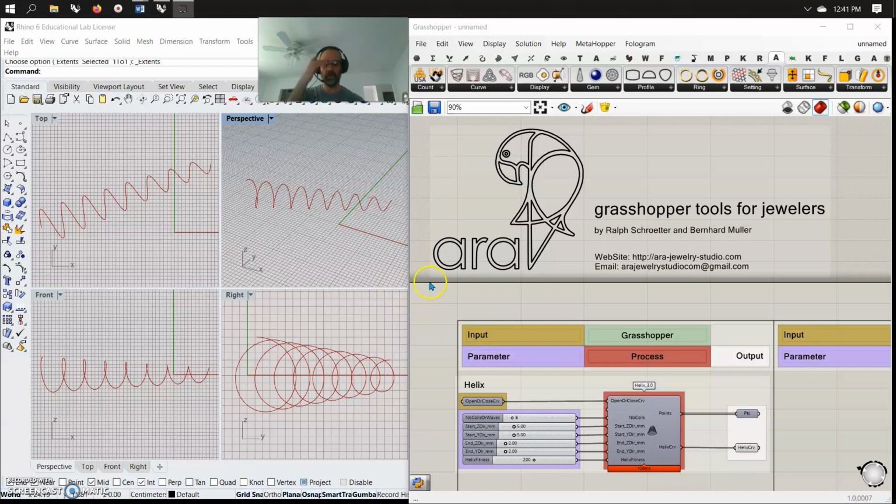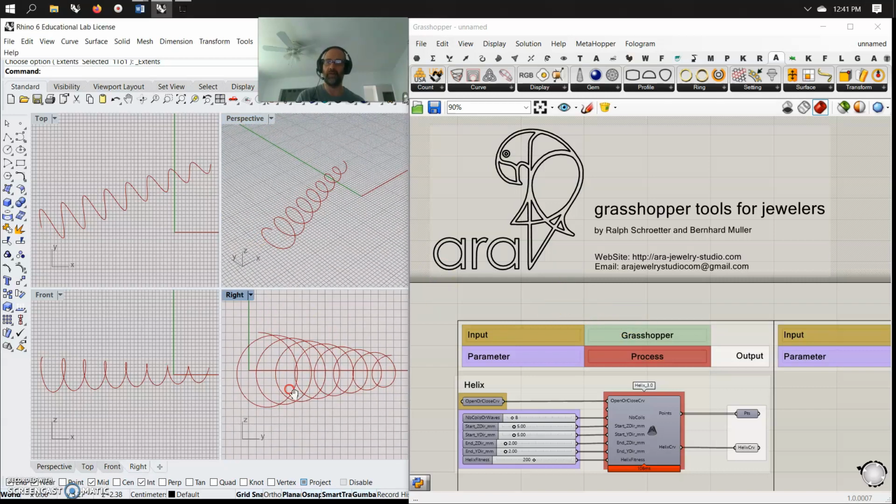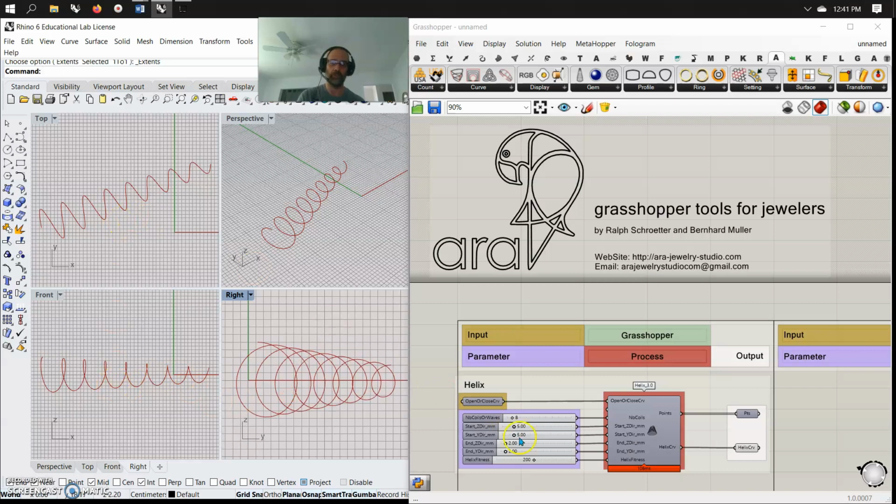Testing, testing. Well, if you told me a month ago I would have generated a development cluster for ARA Jewelers, I would not have believed you. Really, a lot of thanks out to Ralph Schroeder, and it was a pleasure meeting Bernard Muller, having a few conference calls, and I was able to apply my fascination and obsession with trigonometry into a very simple, wonderful clustered